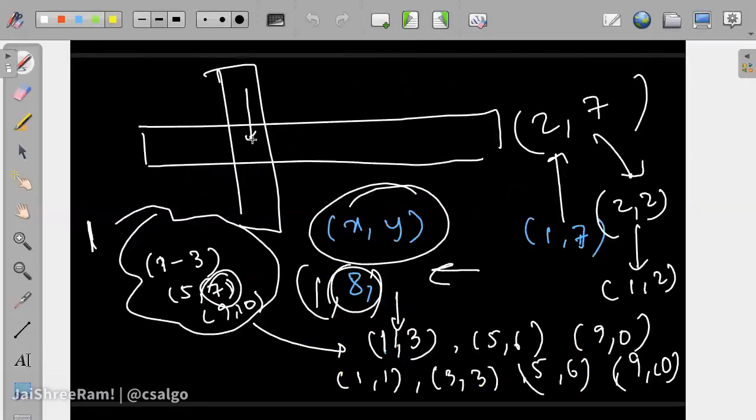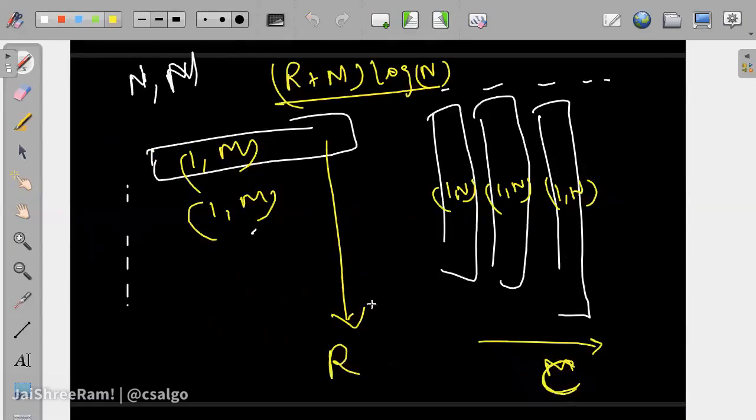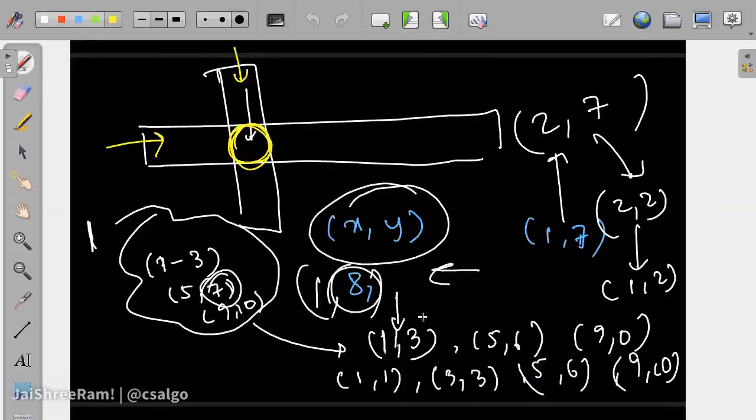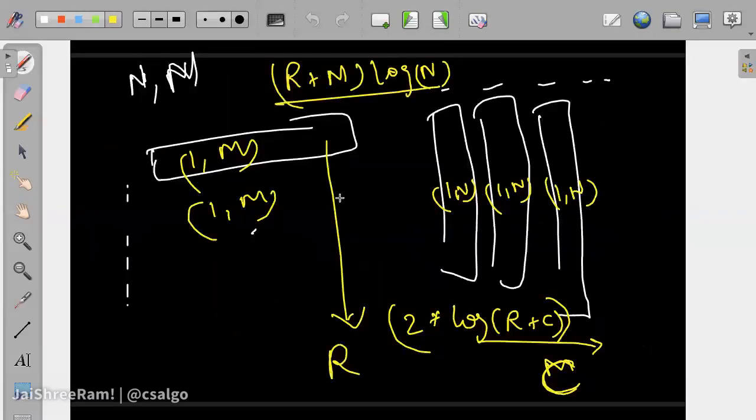So each of the moves that you make, where you reach a particular x comma y, we change the segments in only two multisets, one for the row and one for the column, right? So it's like 2 into log of r plus c that is going to change. You will have to delete that element from this particular row's elements and insert two elements. From the column's one as well, you'll have to do the same thing.